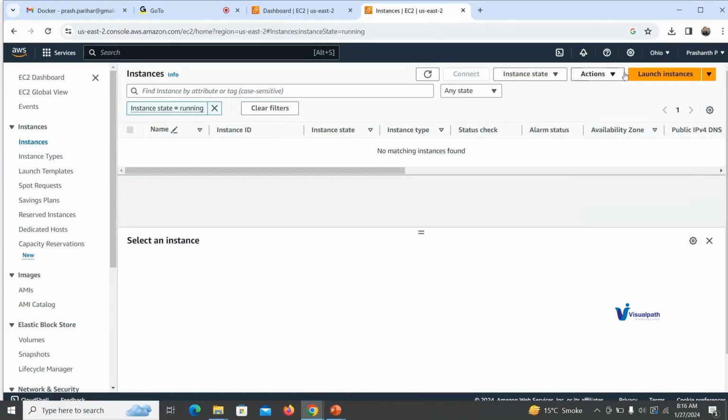Currently, it's an orange button. It says launch instance. That means currently no machines are available. I can start by launching my own instance. Instance is nothing but, in AWS, the machine which you want to start with, right? So you just click on here. As I said, don't get confused. Come to the EC2 dashboard and we'll be using the top toolbar only, just below the black line, right? All the buttons which are available here, basically four buttons: connect, instance state, actions, and launch instances. Just click on launch instances as it is already shown in orange color. Just click on this button,